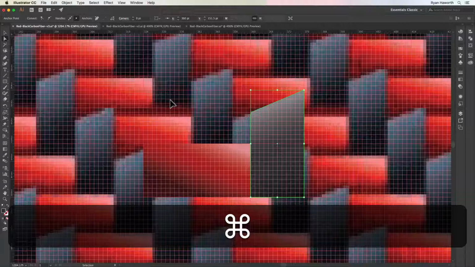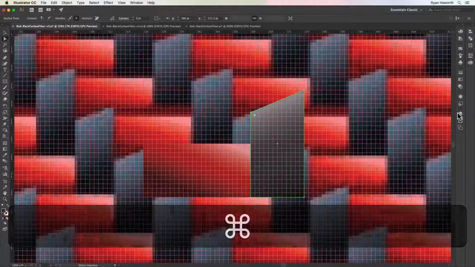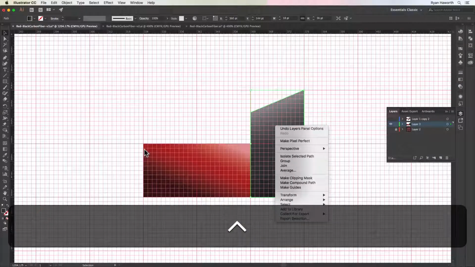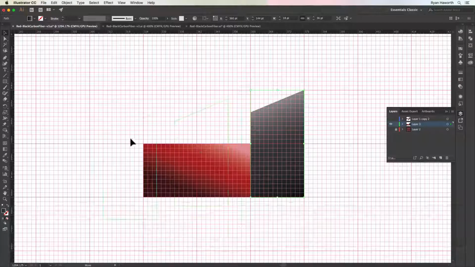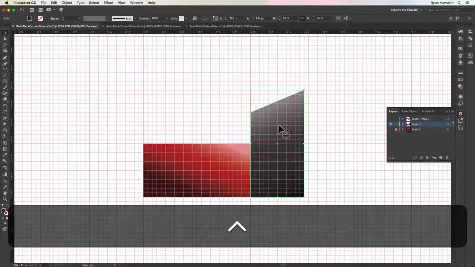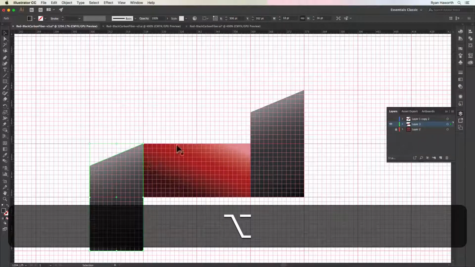Grid back on. Turn off that background layer, and now we get to do some tricky maneuvering. So we want this to be over here, and we want it to line up so that, oops, I want to make a copy of it, so I should hold down Alt while I drag it, and we can see